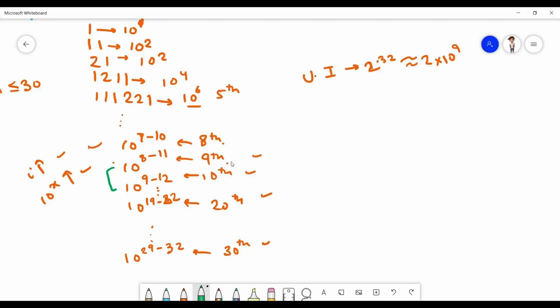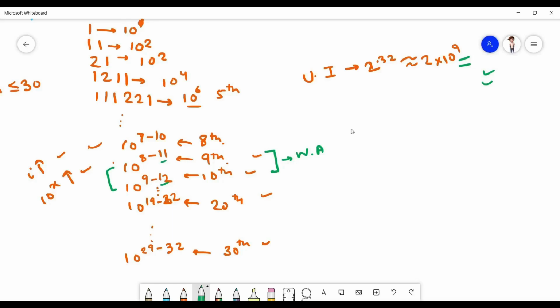Is it possible that it can cross this limit? Yes, it is easily possible. If the upper bound for this is 10 raised to the power 11, it is going to cross this limit. If it is 10 raised to the power 12, it is going to cross this limit. So we will get some wrong answer over here, so it is failing for this.